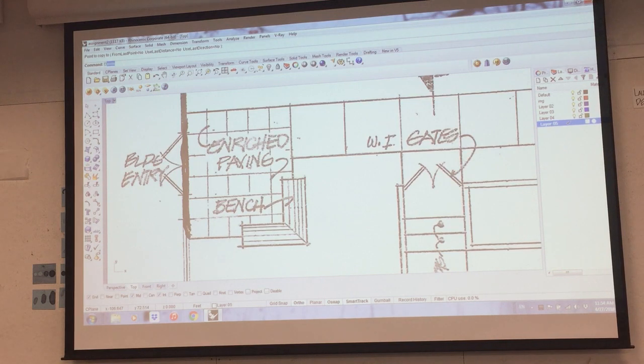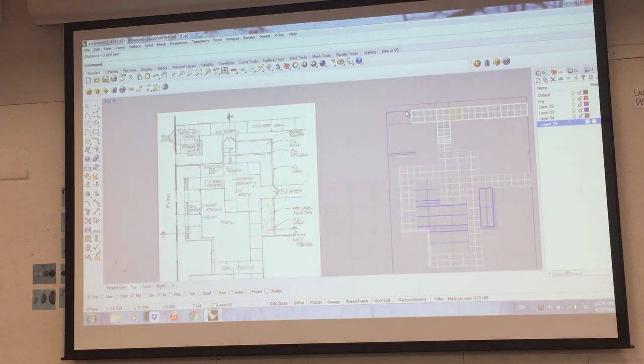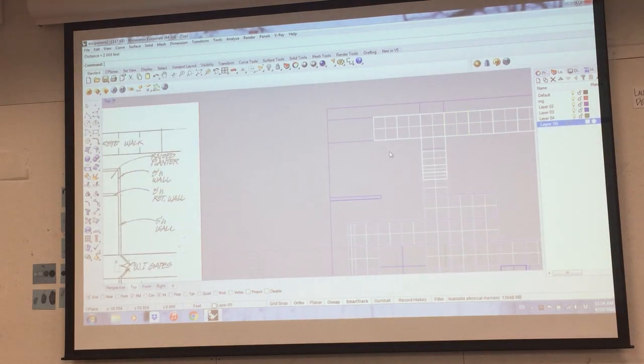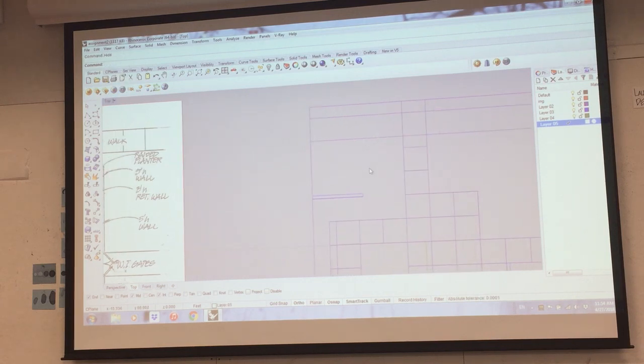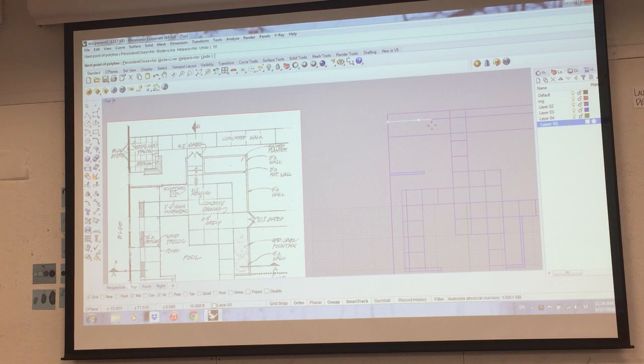We could also measure, say, just verify that. Yeah, it's exactly 2 feet. So what I will do is from here, I'll draw a line that's 10 feet this way, and 12 feet this way,